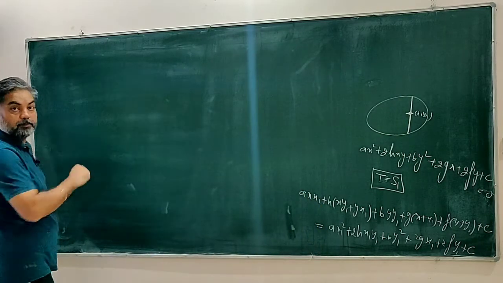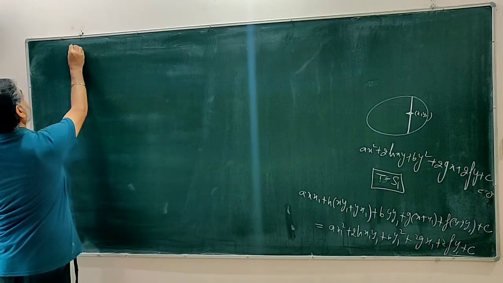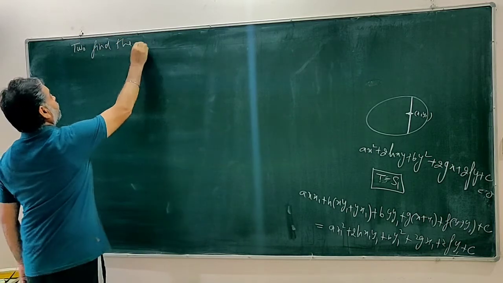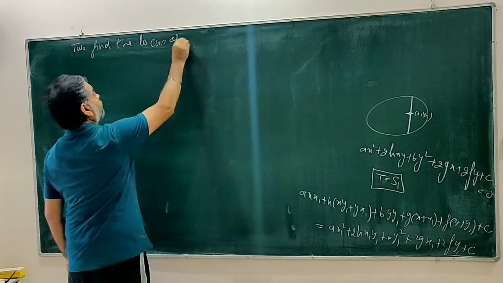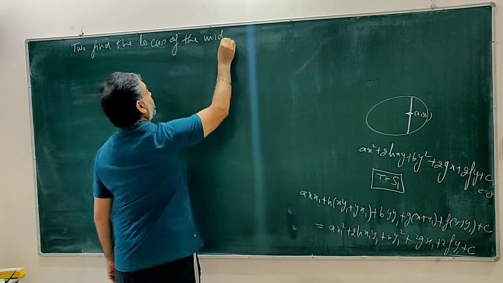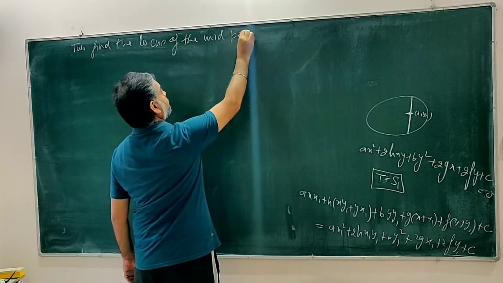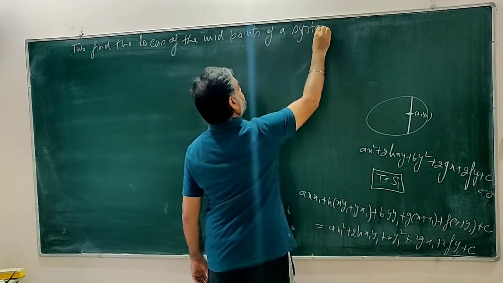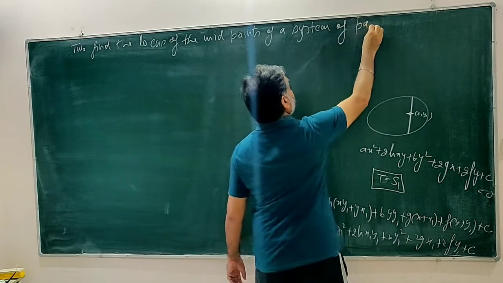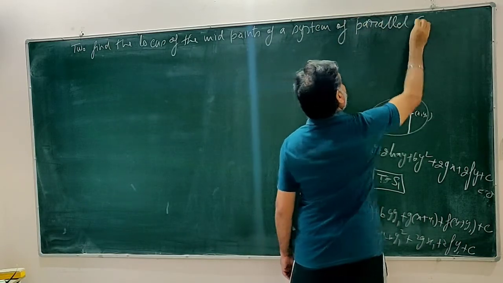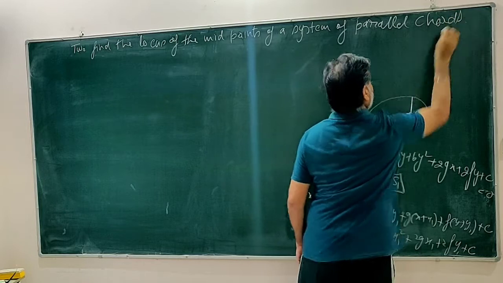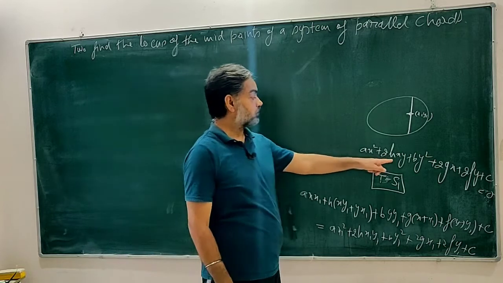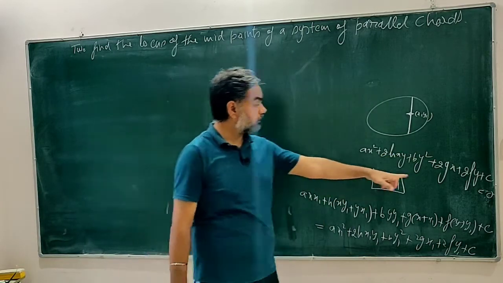Now we do the next article. It says: to find the locus of the midpoints of a system of parallel chords in a conic. Suppose we are given a conic ax square plus 2hxy plus by square plus 2gx plus 2fy